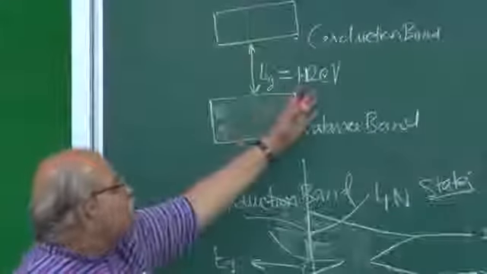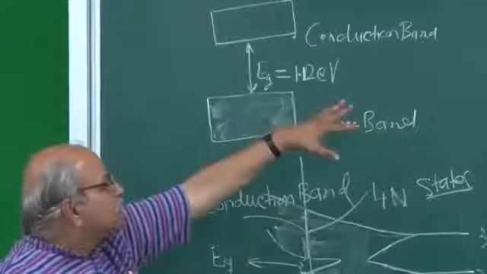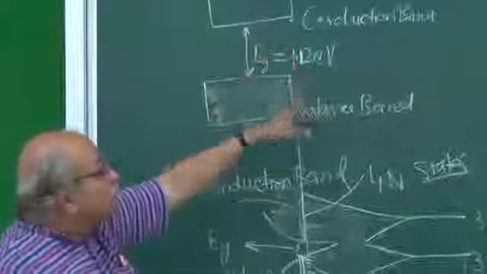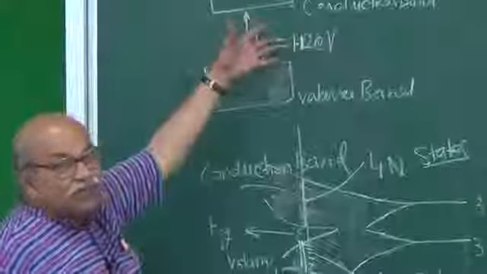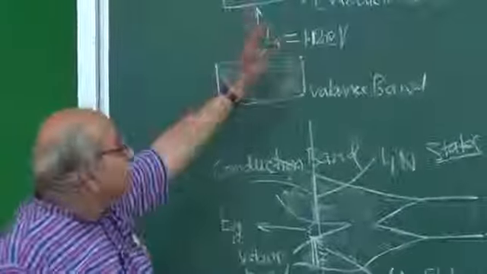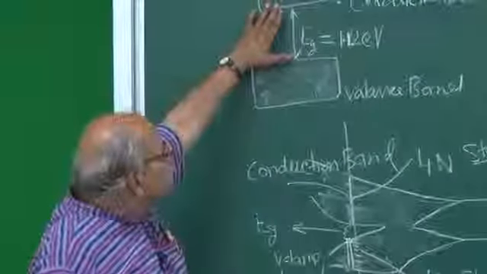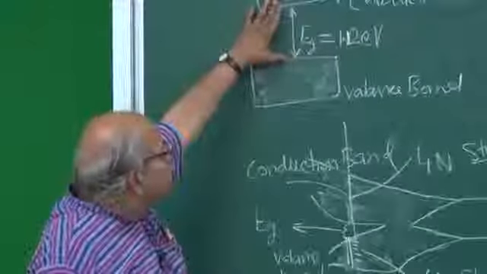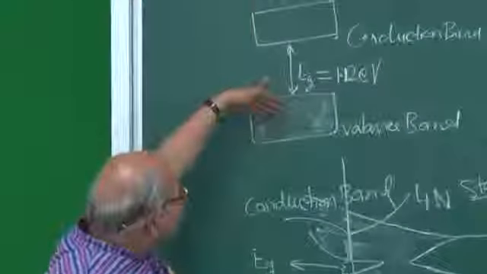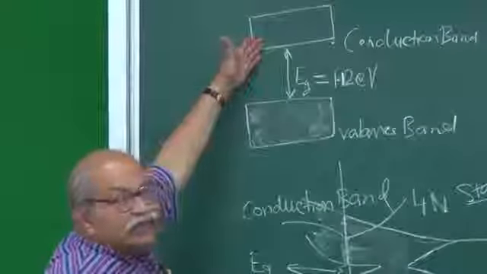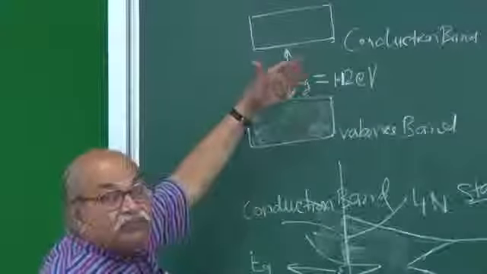1.12 eV compared with 26 milli electron volts is certainly large, but as I told, it's not very large. It's not 100 times, 200 times like that, and this is enough for some electrons making a transition from here to there and making conduction possible at room temperature.